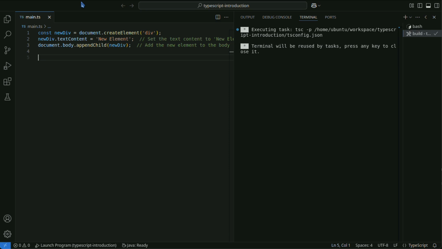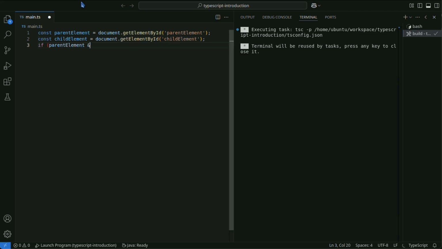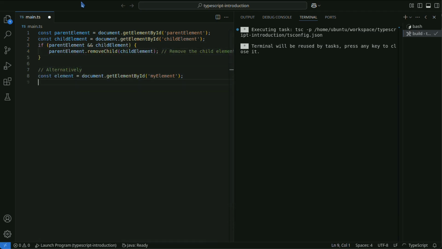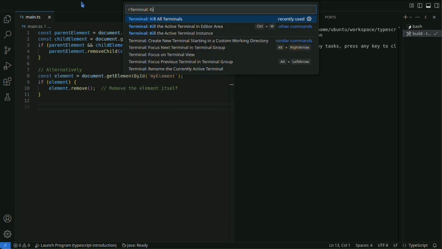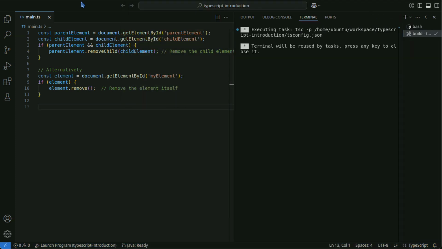To remove an element, use the removeChild or remove methods. This code shows how to remove a specific child element from its parent and how to remove the element itself directly.